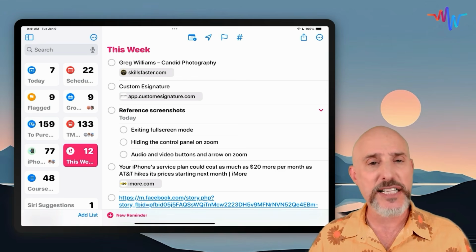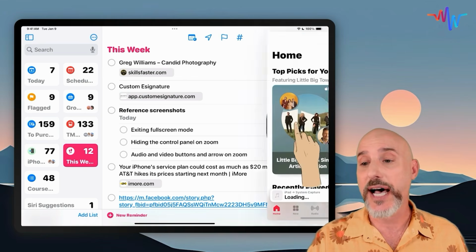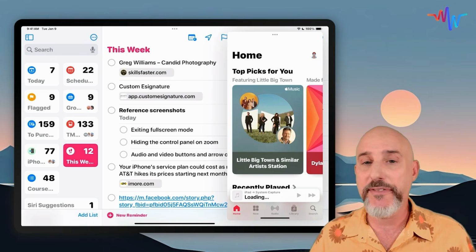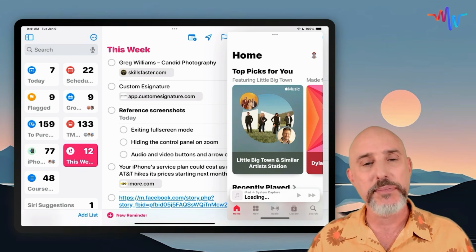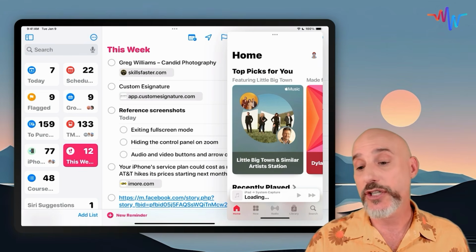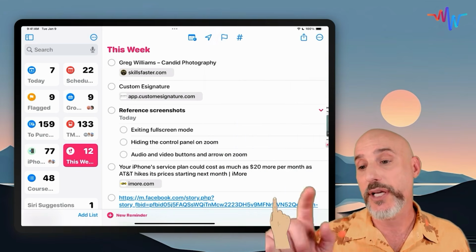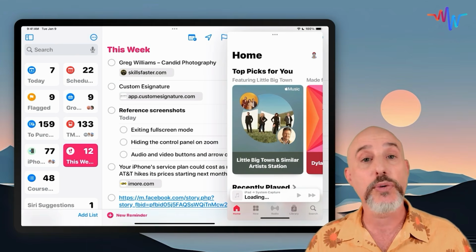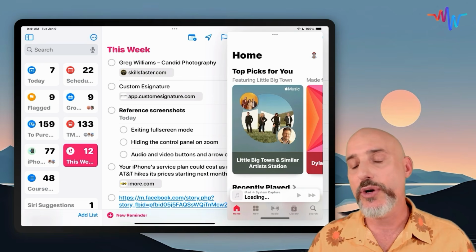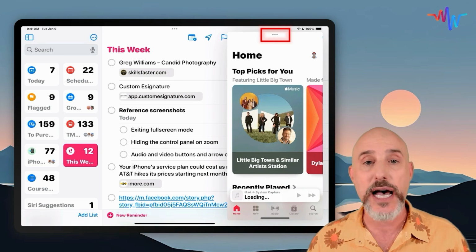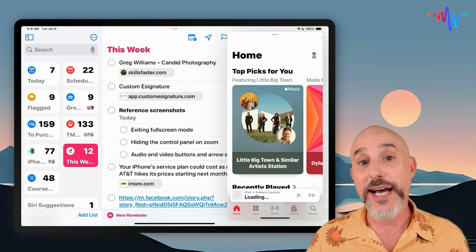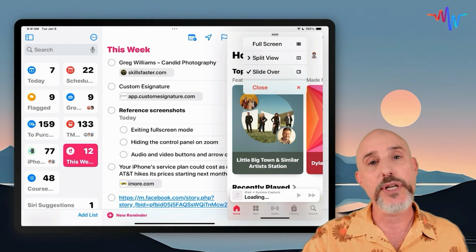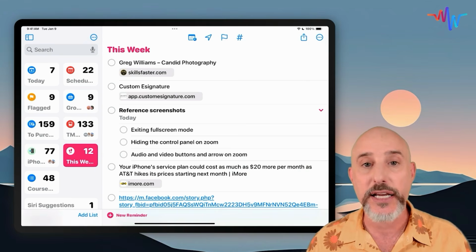But if you want to access it, all you have to do is swipe from the right side and it comes right back. This means that you can have something like your music app available while you're working without it completely taking over the screen. Again, just a small swipe up on this bar down here and it hides over to the side. A swipe from the right or left edge will bring it back. I want you to also notice the 3 dots that we see at the top of this page. Clicking on those 3 dots gives us several options. In this case, we're going to close this while we talk about the next kind of multitasking,